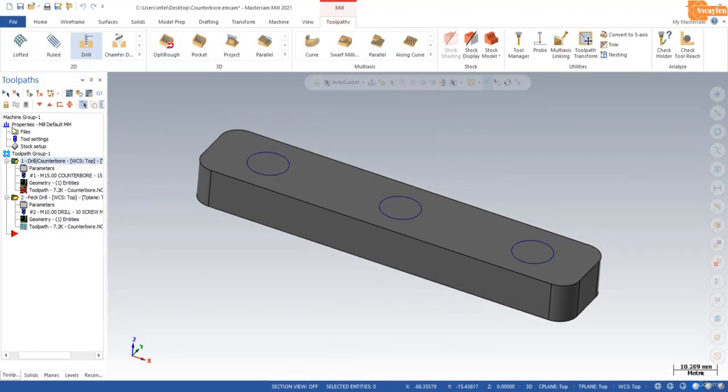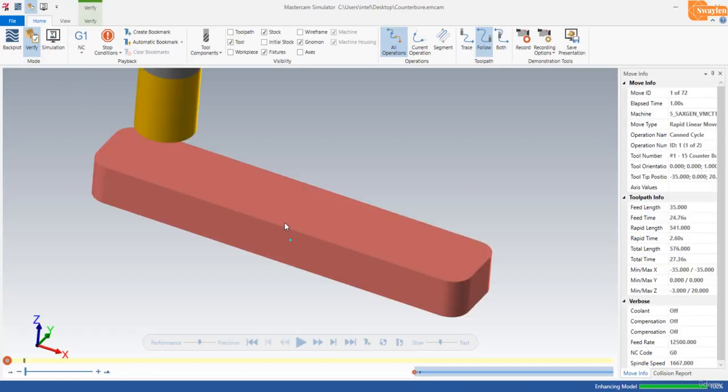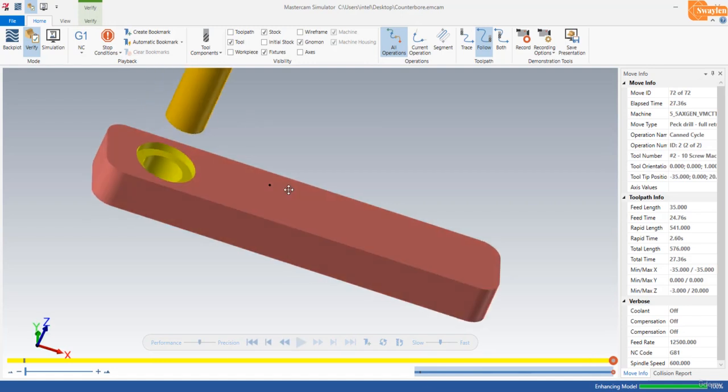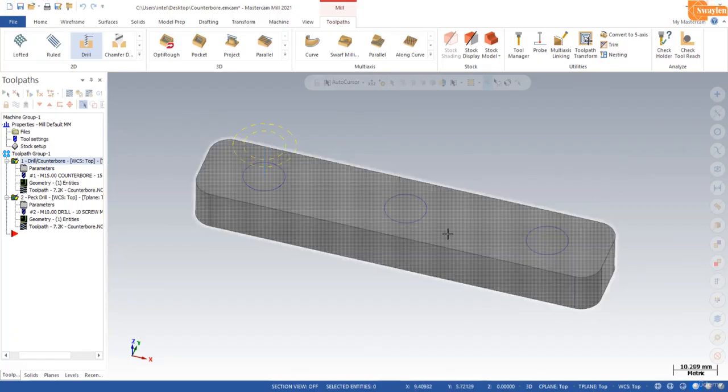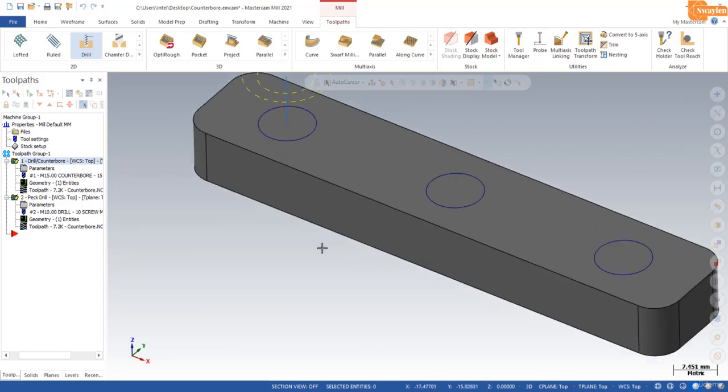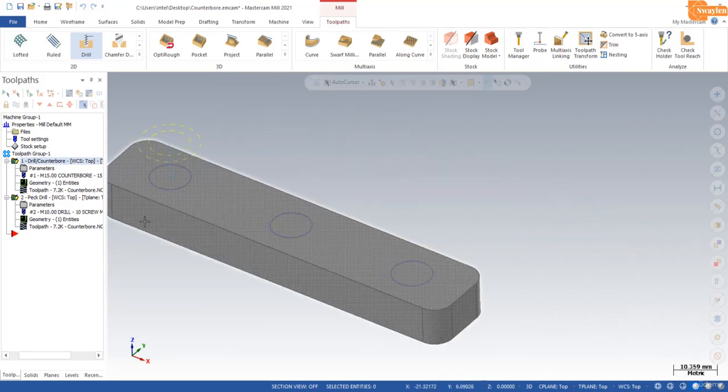OK. Regenerate, both are selected and verify. Just play. See. So here in Counterbore,